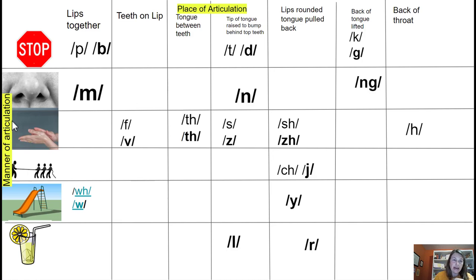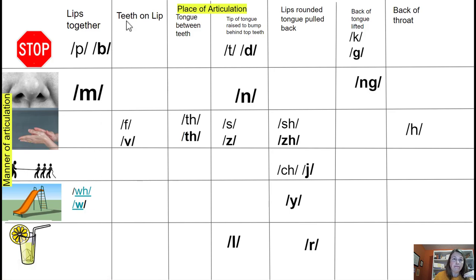All right, so we've done manner of articulation. Now we are up to place of articulation. So all of these are produced with lips together. This one we need to talk about for a minute. Depending on the chart you are looking at, it could be placed in other places. I'm pulling from the Dyslexia Handbook arrangement, so that is why it is placed here, but you could see it